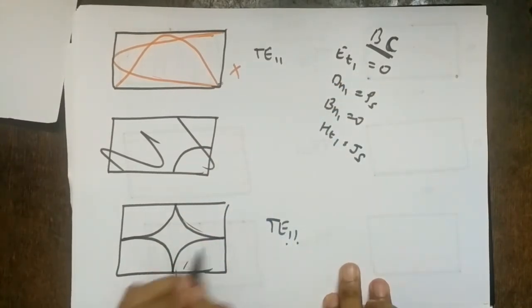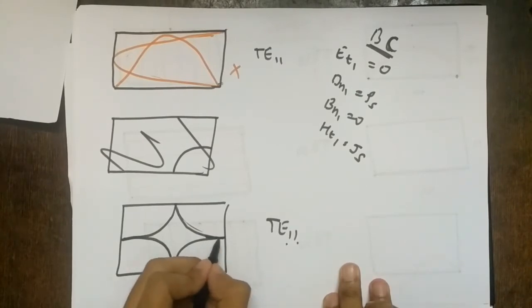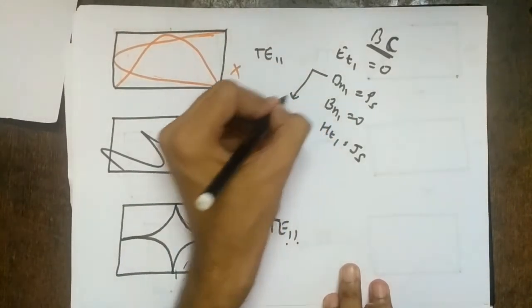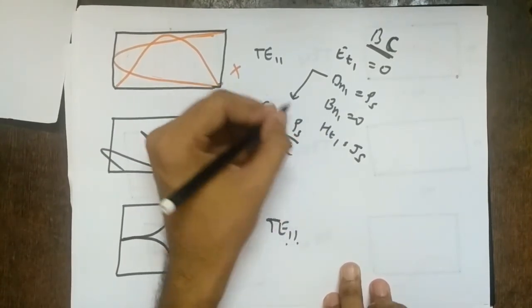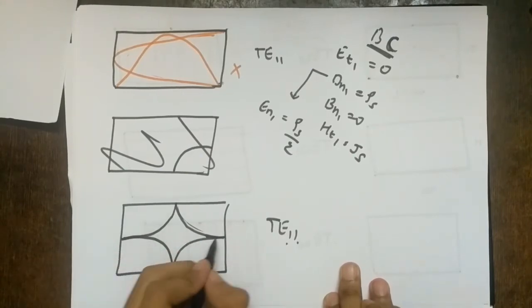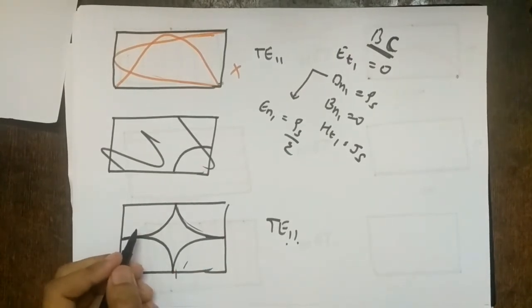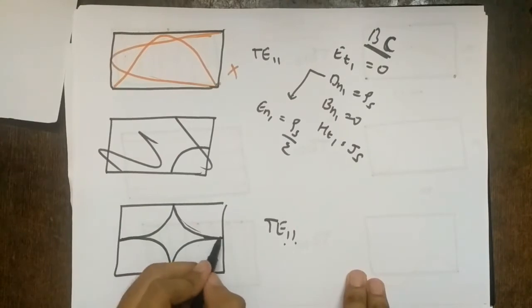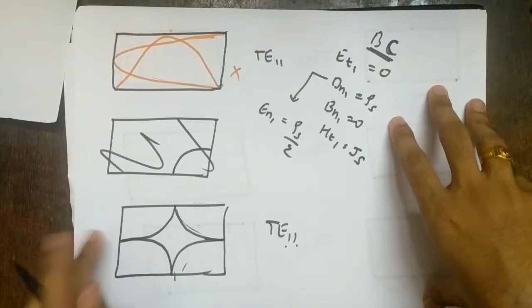Let's see. If you see, there is no tangential component here. This is what is coming like this, so this is the normal component. So the normal component of the electric field is given here. So Dn1 is epsilon En1, so En1 is rho s by epsilon, right? So it should not be zero. So it is not zero here because we are showing some value, right? We are giving some value. So this is the normal component, right? So it can have some value or it can be zero also because rho s can be zero, right? So this is the TE11 mode.